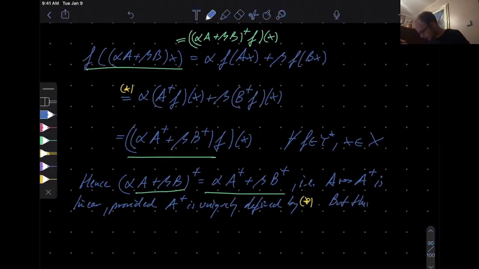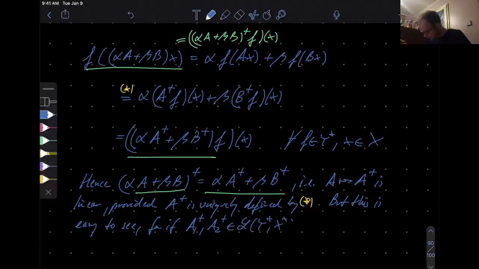But this is easy to see, for if you have two guys, A1 dual and A2 dual, which are both dual operators, so linear transformations, to the given A, and both satisfy yellow star for the given A,